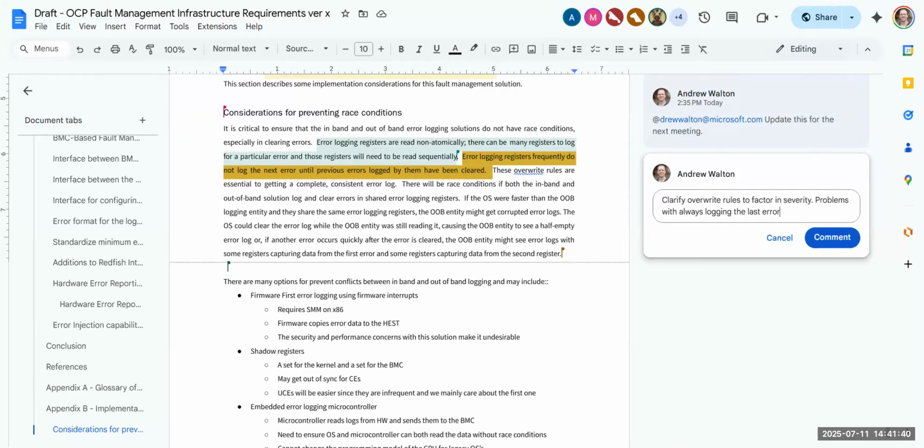Right now though, this seems to be mixing two different things. One thing is a race condition between in-band and out-of-band, and there's one solution to that. The other thing, Drew, that sentence is bringing up is kind of a race condition between in-band and a new error, and your point is you need to avoid that race condition by following those override rules. I would suggest that we split that up into two separate paragraphs. Thoughts?